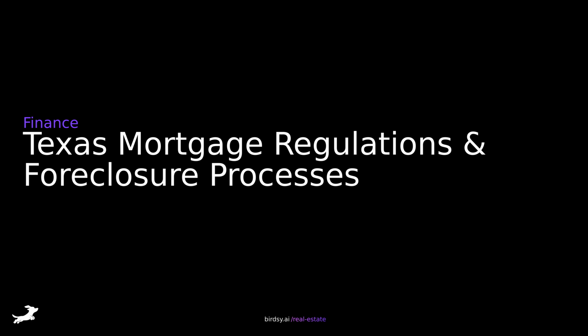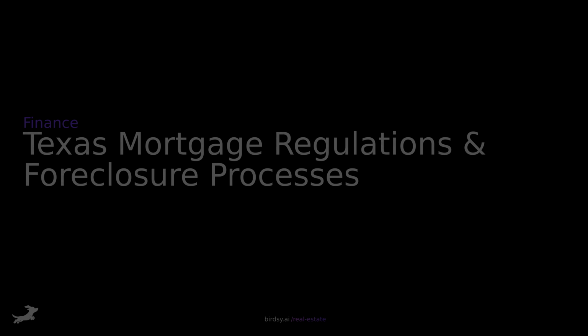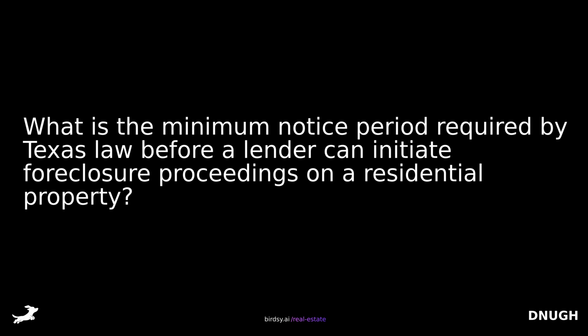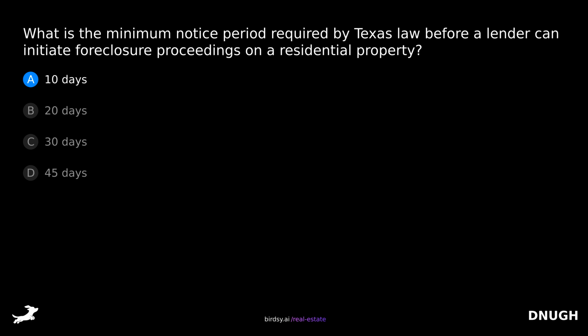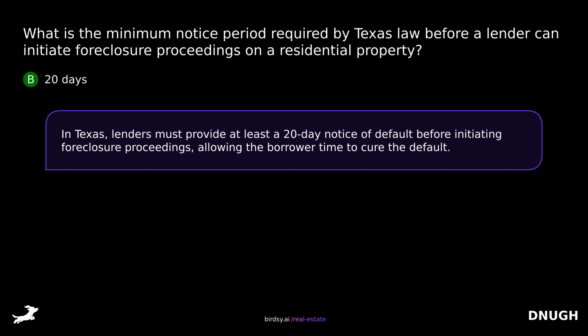Texas mortgage regulations and foreclosure processes. What is the minimum notice period required by Texas law before a lender can initiate foreclosure proceedings on a residential property? Is it A, 10 days, B, 20 days, C, 30 days, or D, 45 days? The answer is B, 20 days. In Texas, lenders must provide at least a 20-day notice of default before initiating foreclosure proceedings, allowing the borrower time